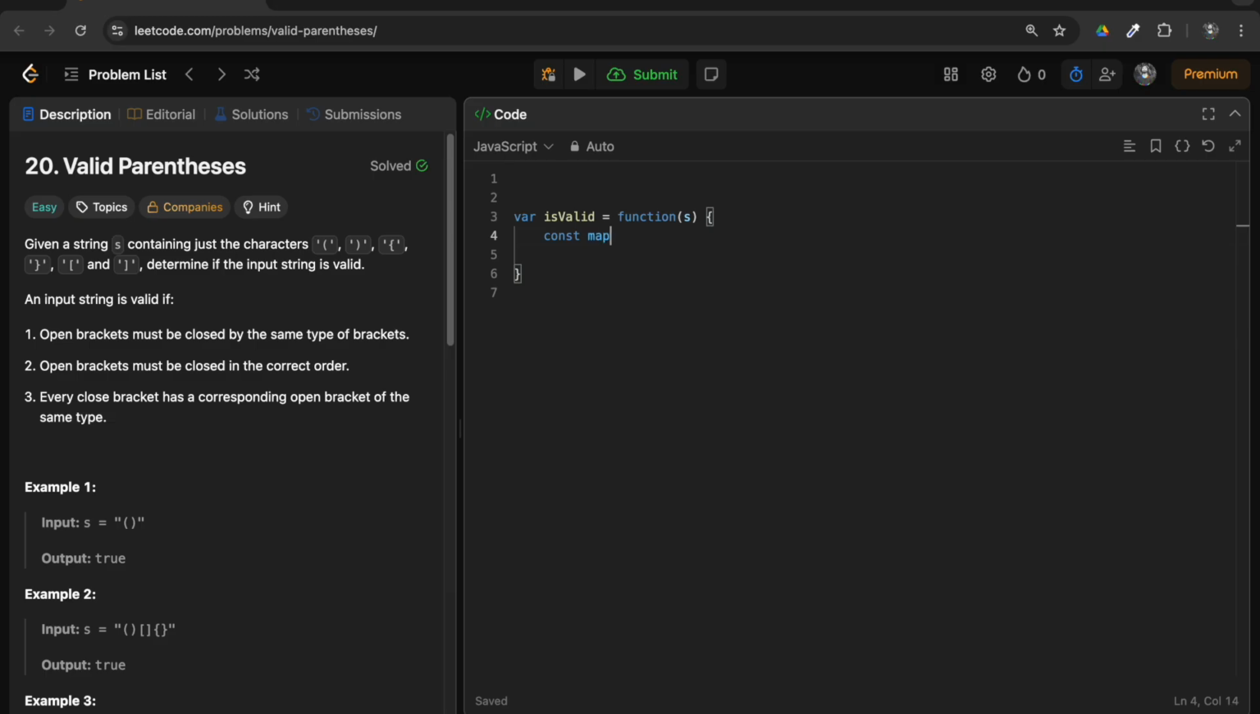So I'll just write a map and I'll just list down all the pairs. We'll be having these three types of brackets. I'll just write the opening and closing brackets. Okay, we have the map of all the possible bracket combinations, and also we'll be needing a stack. So I'll initialize a stack